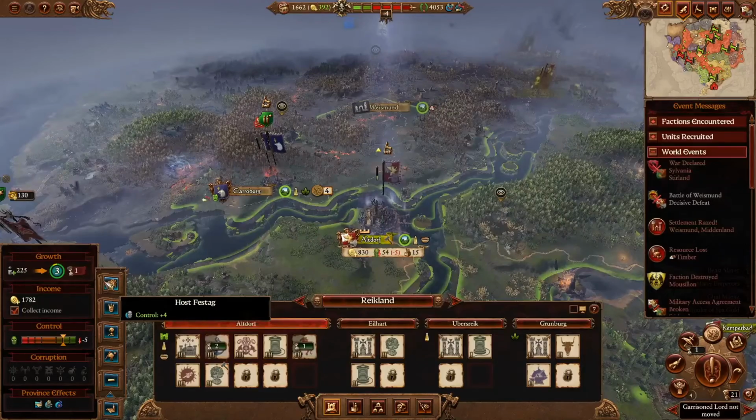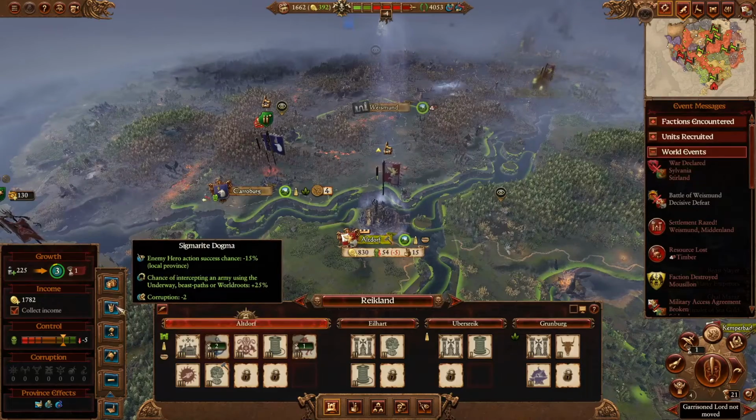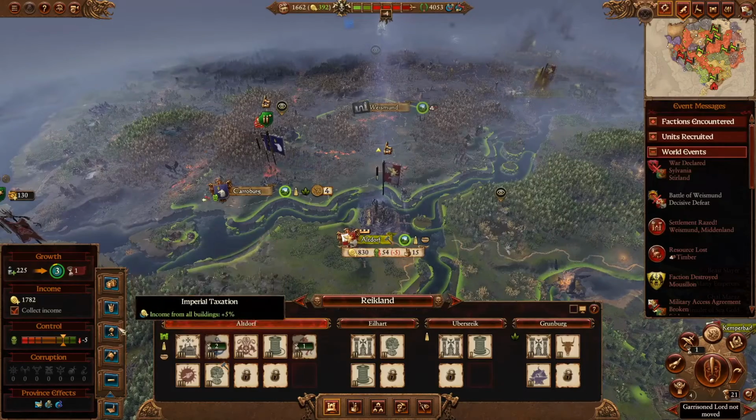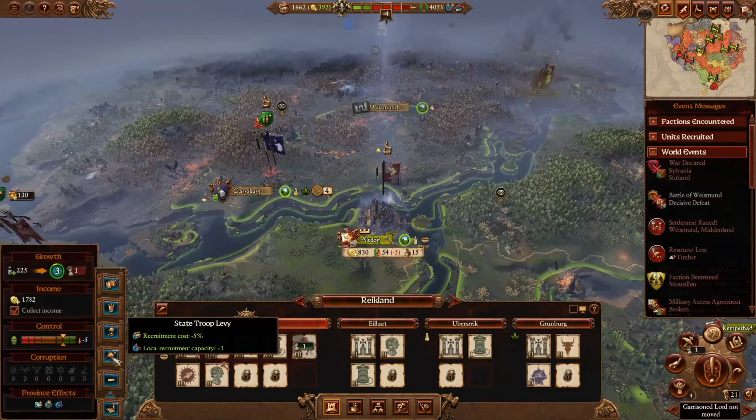In terms of edicts, the Empire has pretty much the standard of standards. Control, corruption, enemy hero action success chance, and chance of intercepting armies are very good in specific situations. Income from all buildings is pretty straightforward. Recruitment cost is kind of negligible, but the extra unit recruitment, so the local recruitment capacity +1,